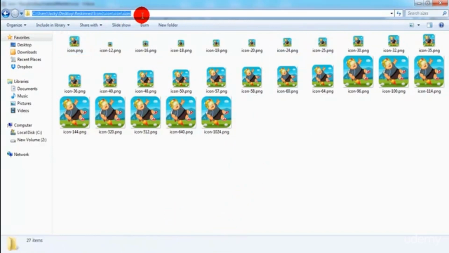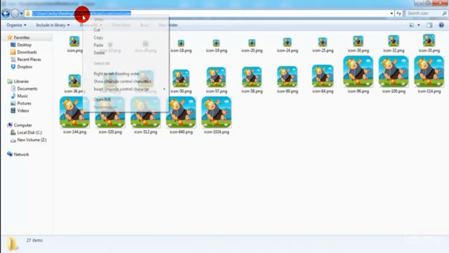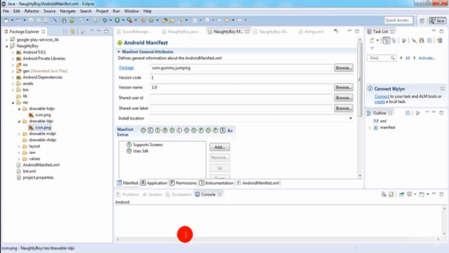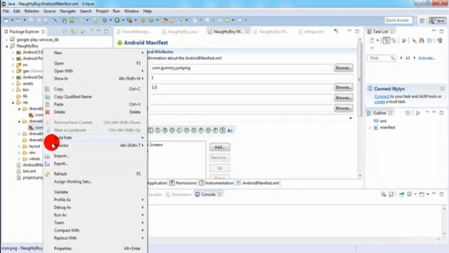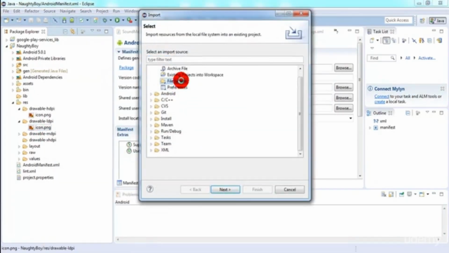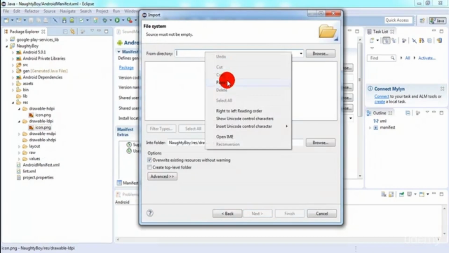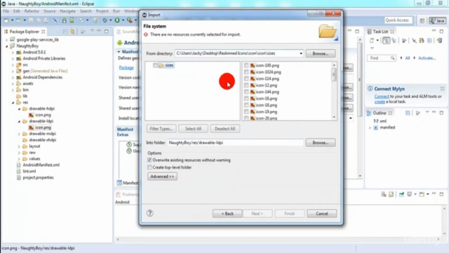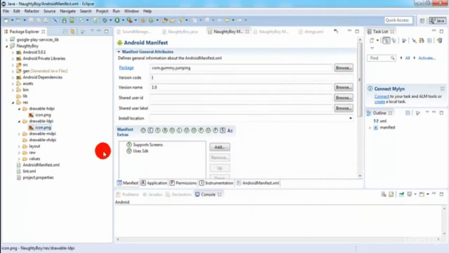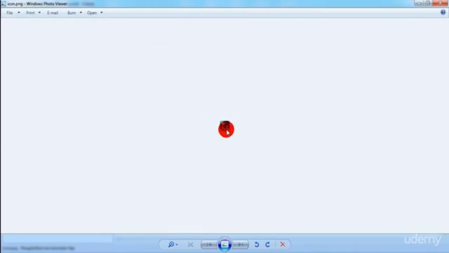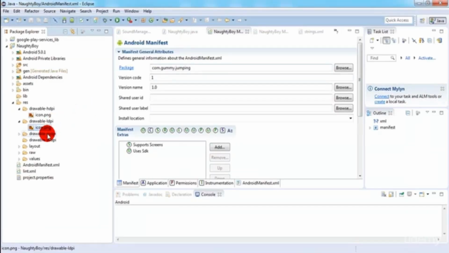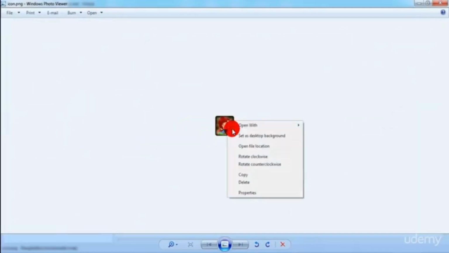So again, copy, back to Java Eclipse again, right click, import, file system, paste here, press the enter button, search for icon, and then you finish. So double check again, yes, it's correct. Then this one, double click,